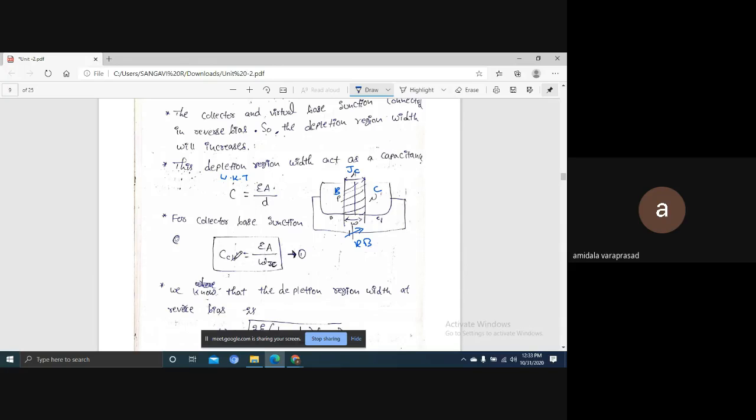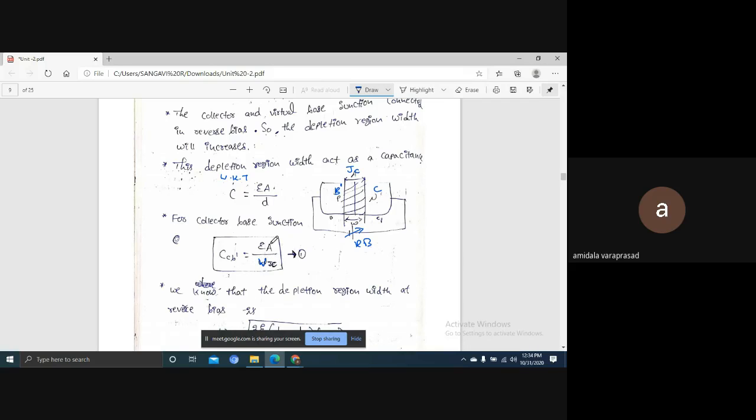This one you can convert into the collector base junction. In collector base, this is B'. B' is nothing but the virtual base, in between collector and virtual base. It is connected in reverse bias. Then I can write the capacitance exists between B' and C: C B'C is equal to epsilon A by the width of the depletion region at JC. At JC means collector junction. (equation 1)